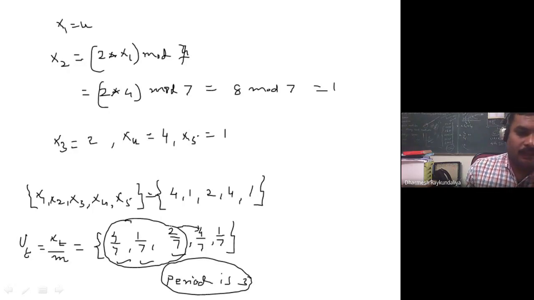You can see that if it is a small number, we can easily calculate it manually. But if you take the value of m very small, we have taken 7, what happened? It has started showing repetition of the sequence. That means it will not pass certain tests. We say that the numbers we have generated are random, but here it is not actually random because the same sequence is repeating after a certain period, and that's why the period should be large. And to get a larger period, we should have a much higher value of m.